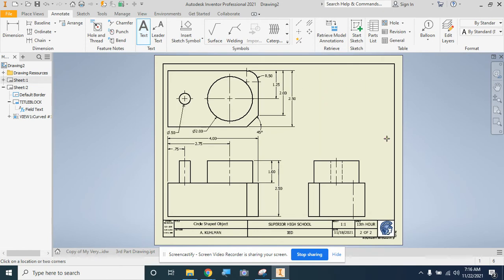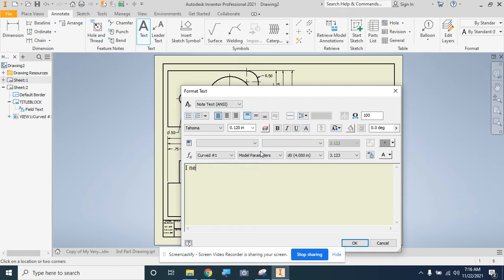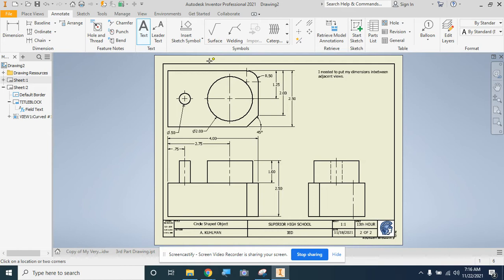So if the error I identified is I need to put my dimensions in between adjacent views, I'll type that out here, right? Maybe you made a couple errors. You're going to tell me what was it you needed to do? What did you need to work on? Then you'll click OK. All right, and then you can come back to this one and you can fix those